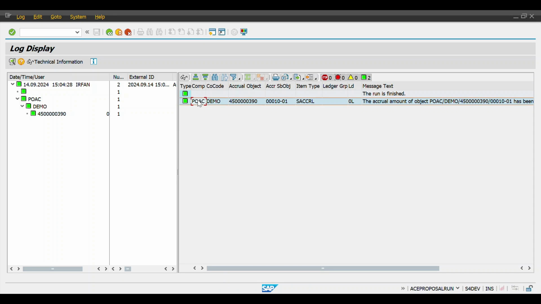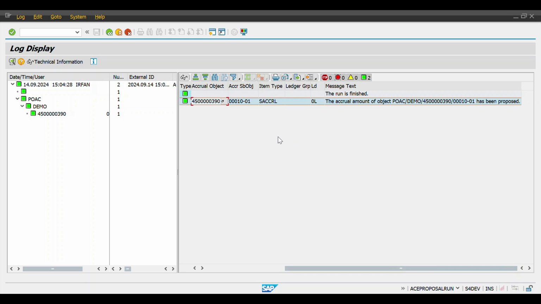Application component POCA demo, company code is demo, and purchase object. Here you can see the message: accrual amount for the object has been proposed. The amount has been proposed. Now we have two more steps, review and approve. So for that,